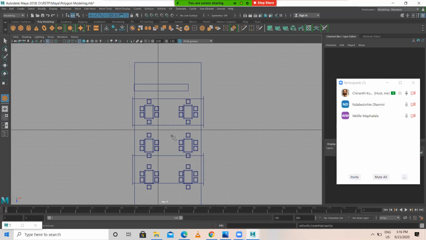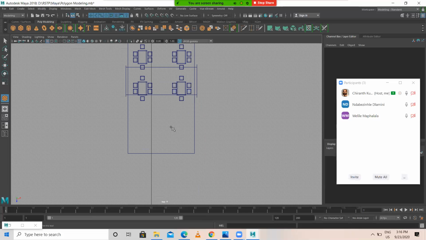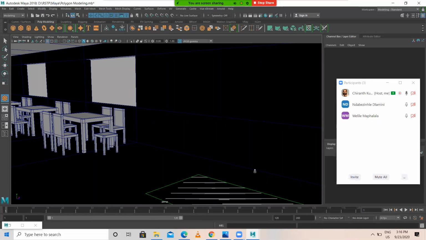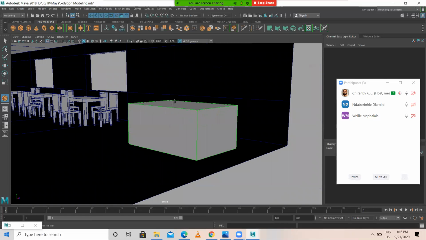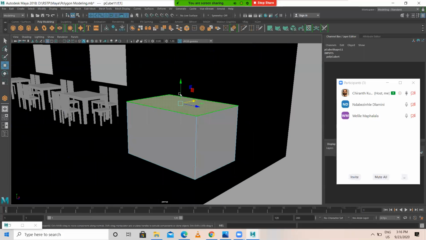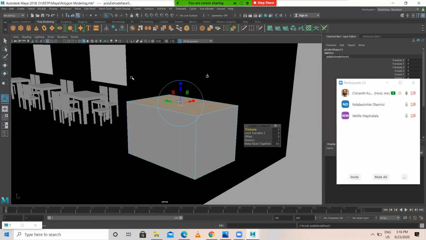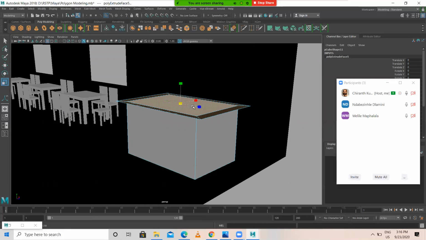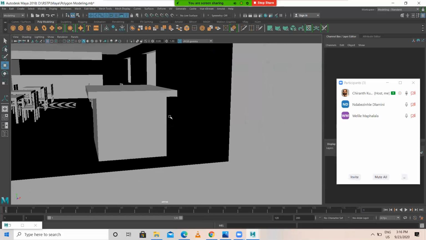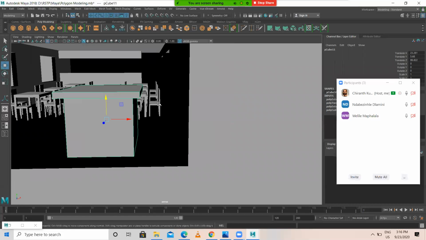I'll just select a cube again, one like this, up to here. Then I select this face, edit mesh, extrude, scale it like this, G for the last tool, raise it like this. It's kind of a table.